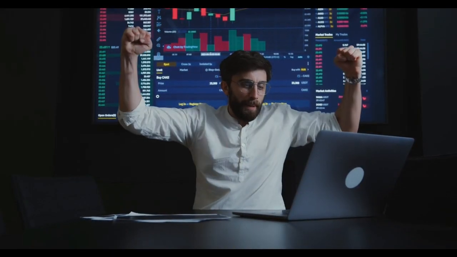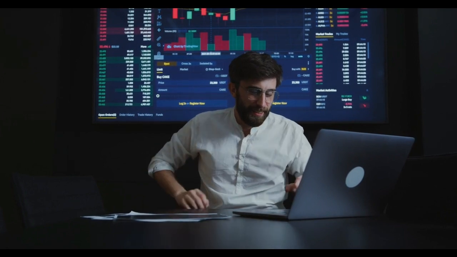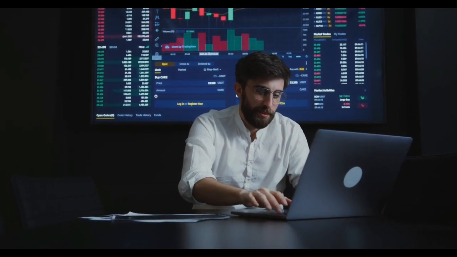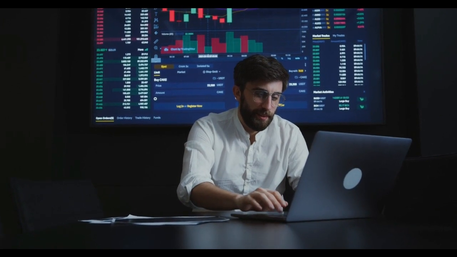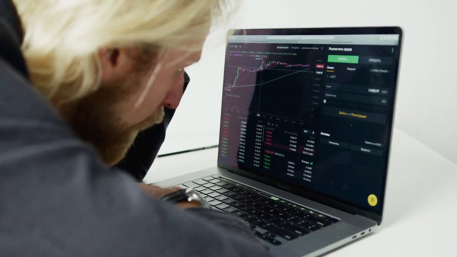In conclusion, trading can be a profitable venture, but it's important to understand the risks involved and take steps to manage your risk. By opening a brokerage account, choosing the right securities, and practicing good risk management, you can increase your chances of